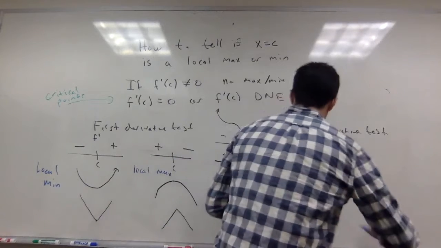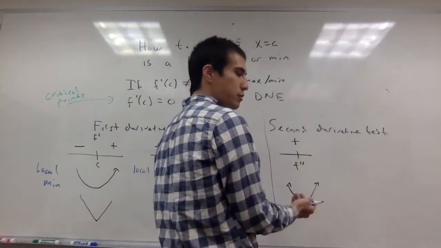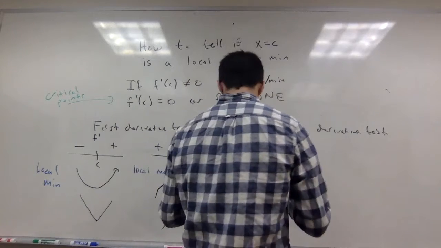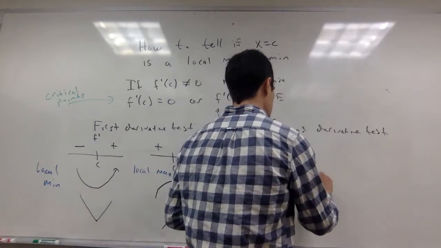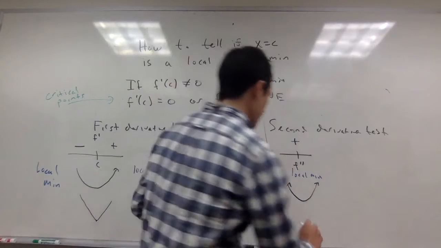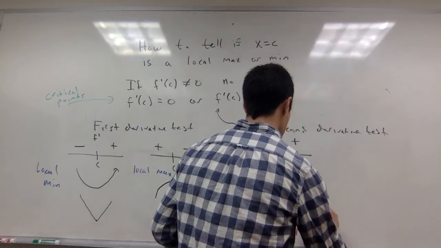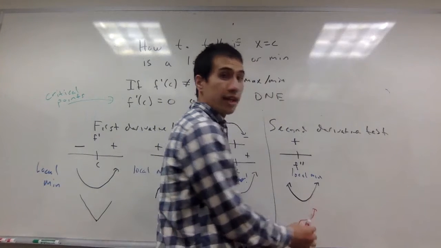And the second derivative test says if the first derivative is 0 and the second derivative is positive, then this is a local min. So this looks like a local min, so this here is a local min. You might ask, why does it have to look like this? Maybe it could look like this. But if you think about what's happening, there's no way that the function can look like this and be concave